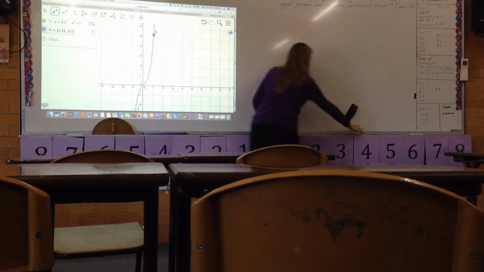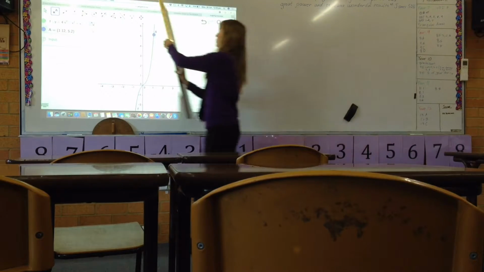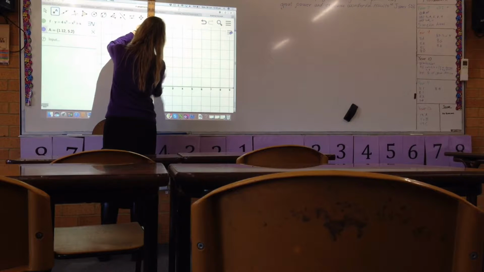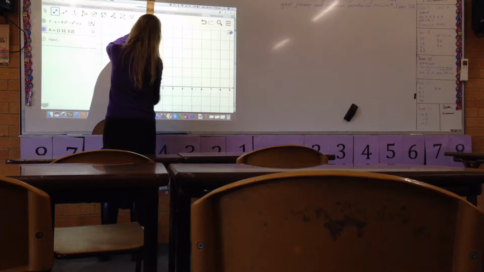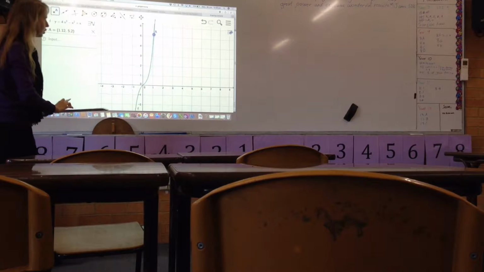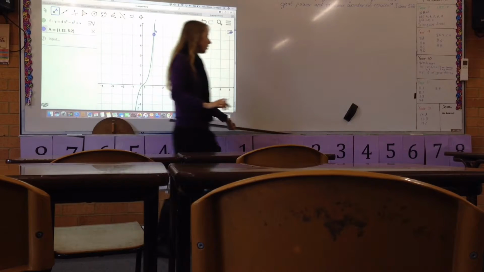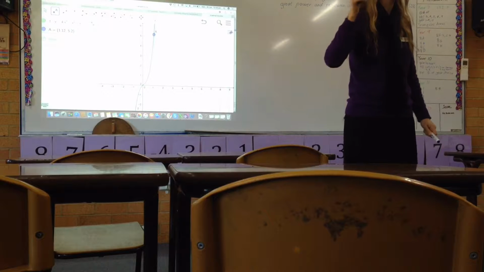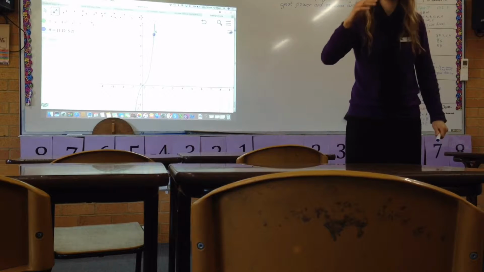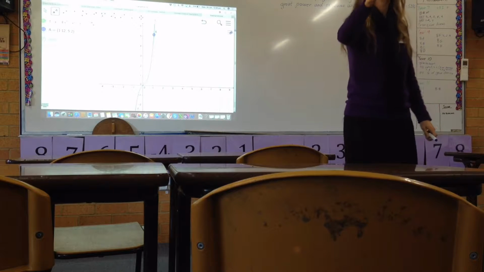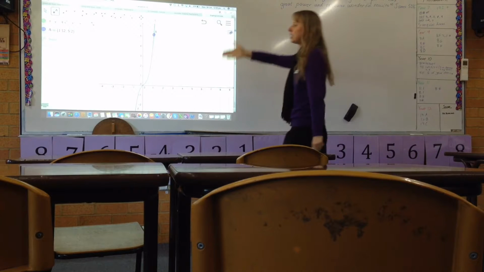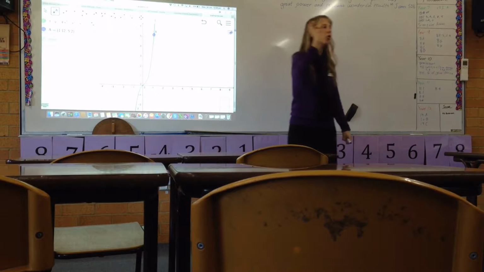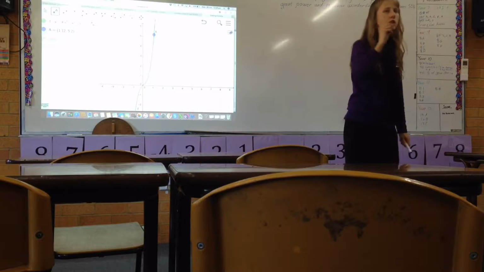So I'll get my ruler. So the tangent will look something like that. It just touches. Now, with your tangent, can anyone remember what we said that tangent was? We also had another name for it. It was the instant gradient. So that tangent line gives us the gradient right at that point, which should give us a clue